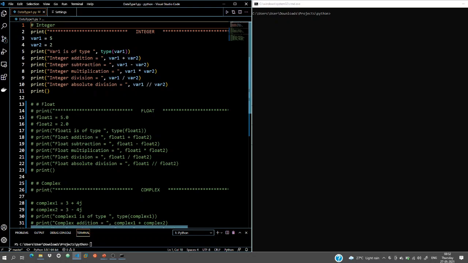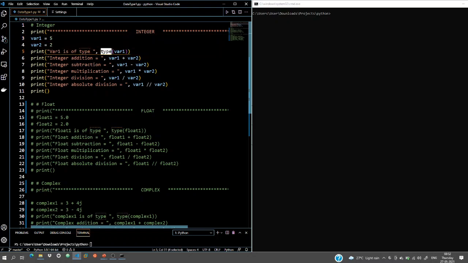Okay. So if you see here, I have declared two variables, var1 and var2. Please note that I have not provided any type to these variables, var1 and var2. I have just provided the values to them. Now we'll check what type of variable var1 and var2 is.